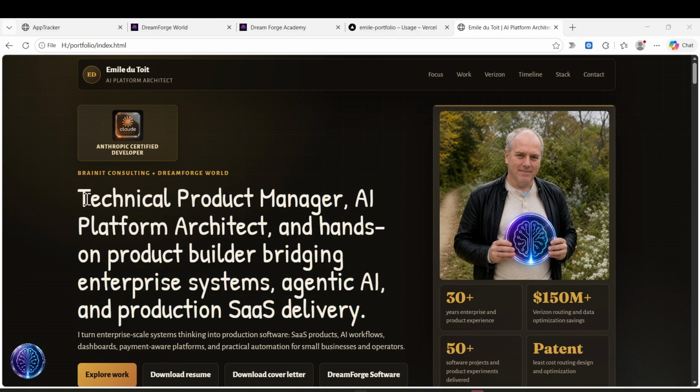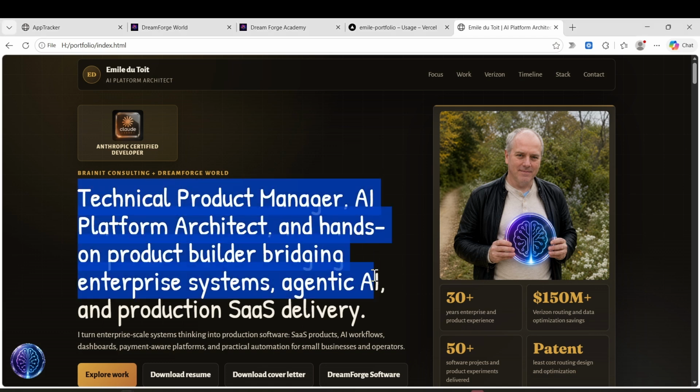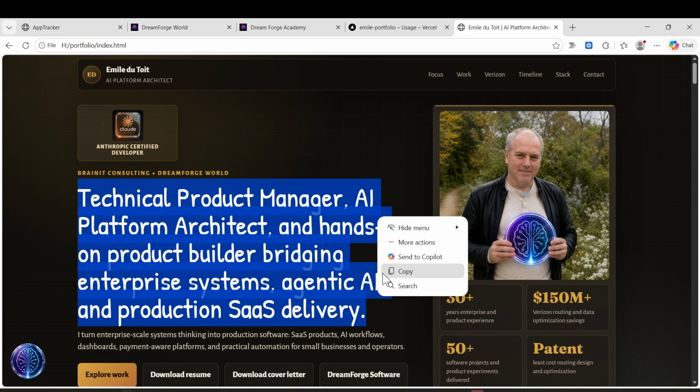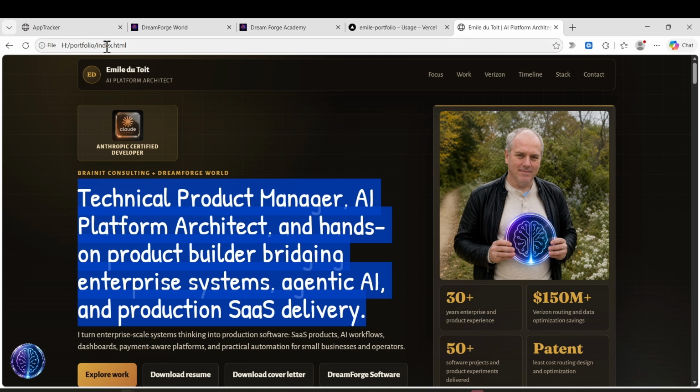So let's make a very small change for demonstration. For instance, I'm looking at my site just from the local drive. You can also look at it on localhost if it's a running site. But since this is a static page and the one that you're learning in this course, we'll do it this way.